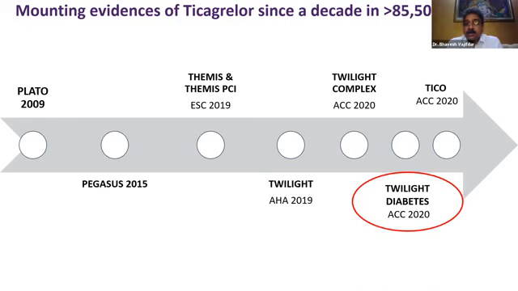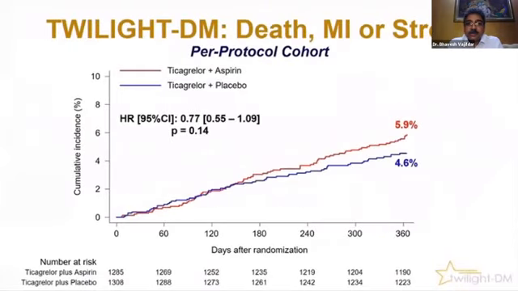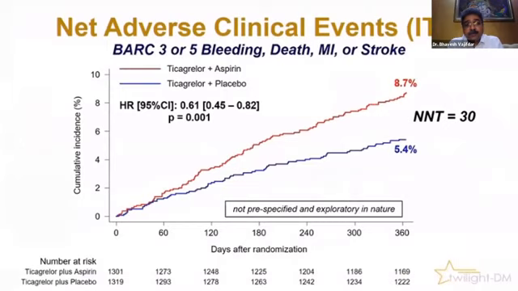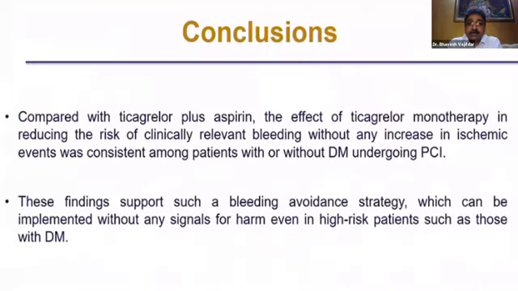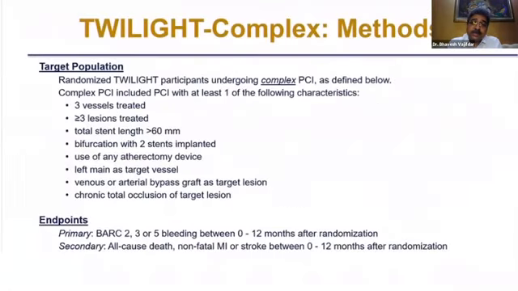Similarly, in the diabetic subset, they found a similar thing. I don't have to go into the details of all this. The same kind of a conclusion was there in patients who were diabetic in this subset, and also patients who underwent very complex PTCA. That means patients who had 3-vessel disease undergoing angioplasty, patients who had many stents, who had long stents, who had bifurcation lesions, who had a rotablation done, a left main, a bypass graft intervention, a CTO intervention. So very complex angioplasty patients.